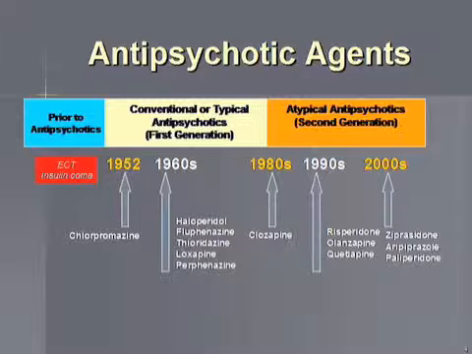But since we use that particular terminology and have been using that, we have 11 first generation antipsychotics in the US. There are 51 available around the world. And we have 7 second generation antipsychotics available in our country. There are 11 available around the world. And iloperidone should be the 8th second generation antipsychotic that will soon be available in our country. So essentially, 11 first generation, 7 second generation antipsychotics.